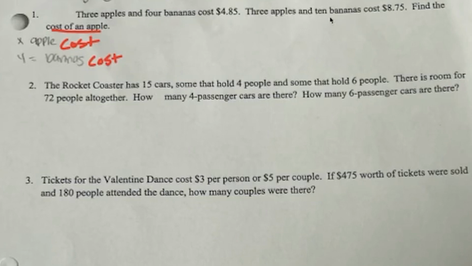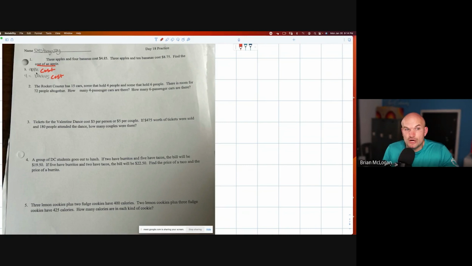This one's kind of confusing because it's just asking for the cost of an apple, but technically we want to see what the bananas cost as well. Technically, we're just not going to solve for it. The two unknowns here are that we don't know the cost of an apple and we don't know the cost of a banana. Correct? Yes. Okay, so those are our two unknowns. We can say X is apple cost, Y is banana, or you can do A and B. It doesn't really matter. So it says 3 apples plus 4 bananas equals